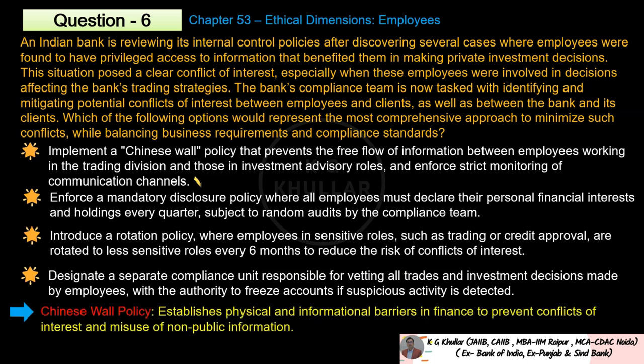Now friends, the correct option for the given question is option A. Please note, a Chinese wall policy is a well-recognized approach in finance industry to prevent conflict of interest by establishing physical and informational barriers between departments. This strategy is particularly effective in cases where employees may possess non-public information that could be used to benefit their own interests. Friends, please note here, option B is a reactive measure and does not prevent the occurrence of conflicts. Next, option C might disrupt the business continuity without fully addressing the issue. Lastly, option D is overly stringent and could harm employee morale, leading to inefficiencies in managing daily operations.